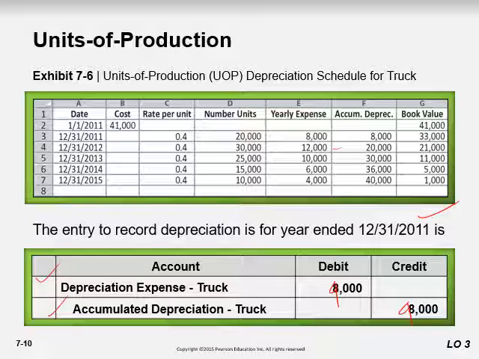How much the amount is depends on the method you use. In the straight line method, all the expenses are smoothed out on a yearly basis. In the unit of production method, the expense is according to how much you use that asset. And the last one is